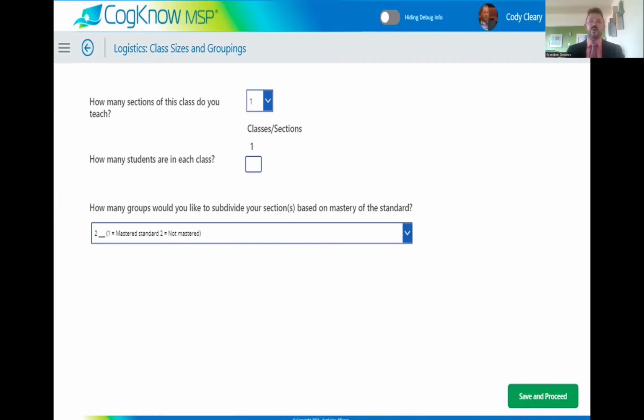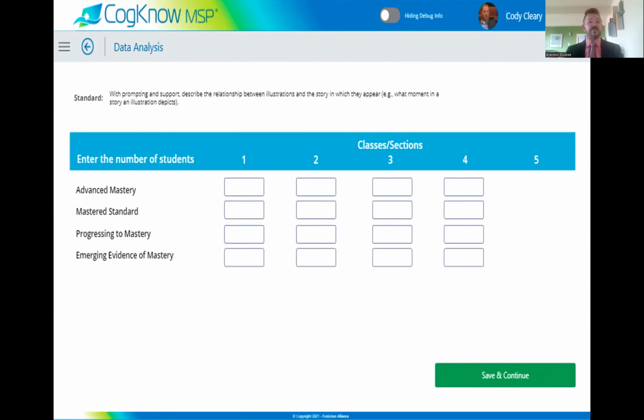And then how far would you like to subdivide each of those groups so that you're providing an action item? So we have to be careful here not to overdo it. Most people choose 3. But in some cases they choose 2. And when they do choose 3, it looks like this, that we have, oh, actually this group chose 4, my bad. All right, but they have advanced mastery, mastered standard, progressing to mastery, emerging evidence of mastery. And they're gonna say, okay, how many students are there in each of these 4